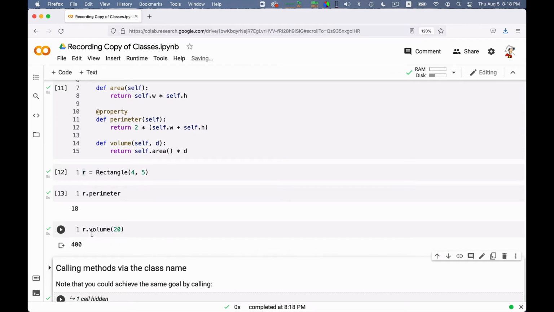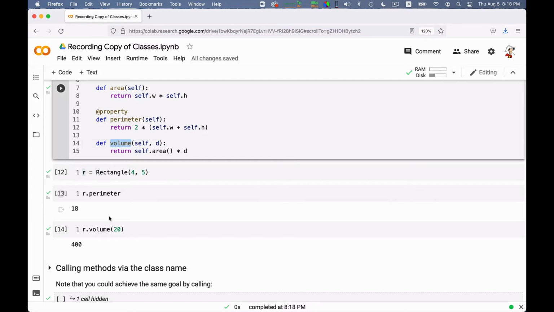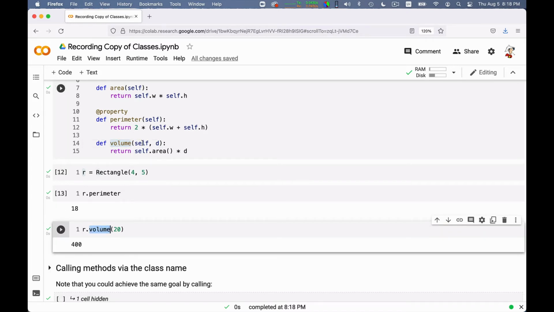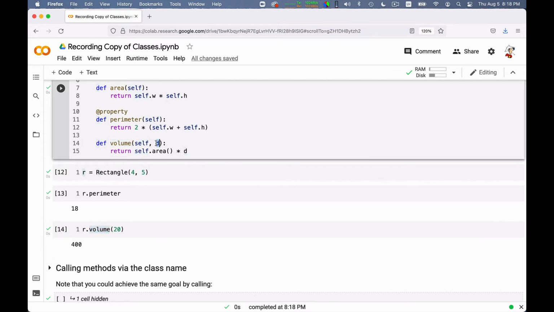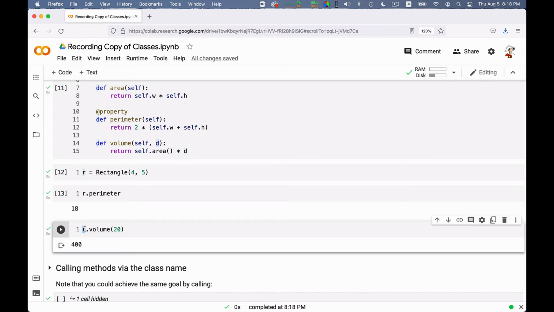So it's important to notice the order of arguments between these and these. This definition accepts self and d, and self comes from the left of the dot, if you will, and the d comes from the argument itself.